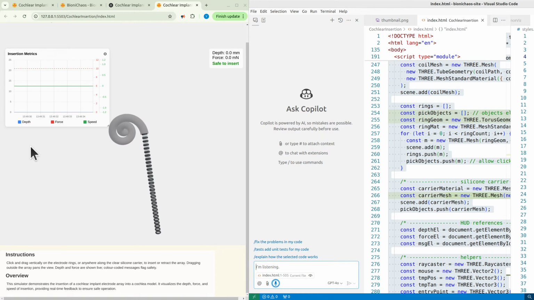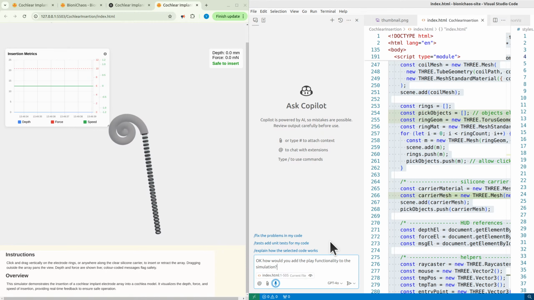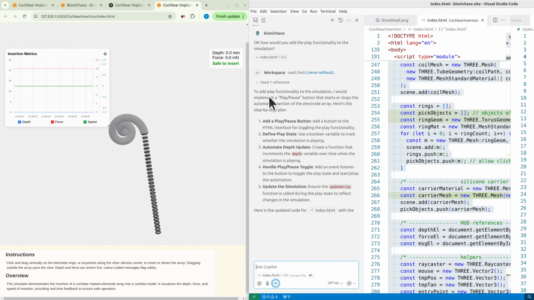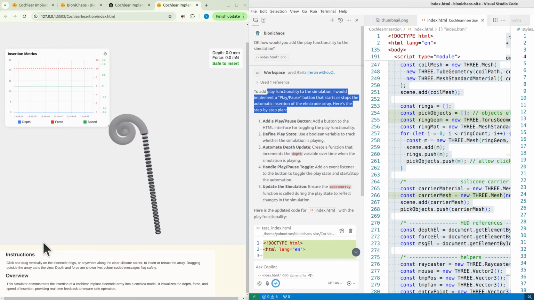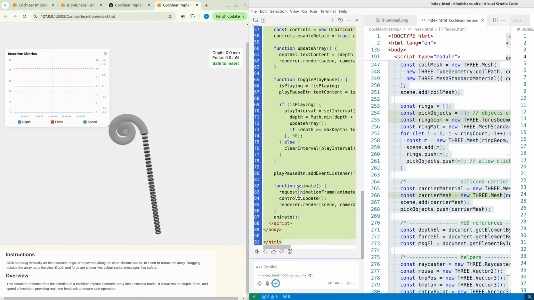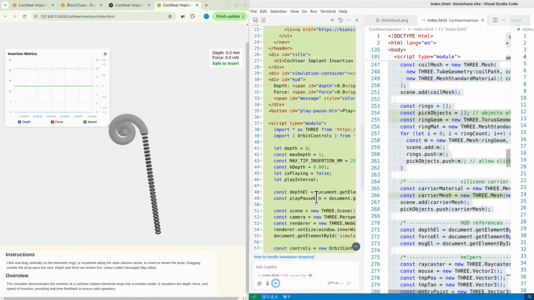How would you add the play functionality to the simulation? To add play functionality to the simulation, I would implement a play/pause button that starts or stops the automatic insertion of the electrode array. Here's the step-by-step plan. Add a play/pause button. Add a button to the